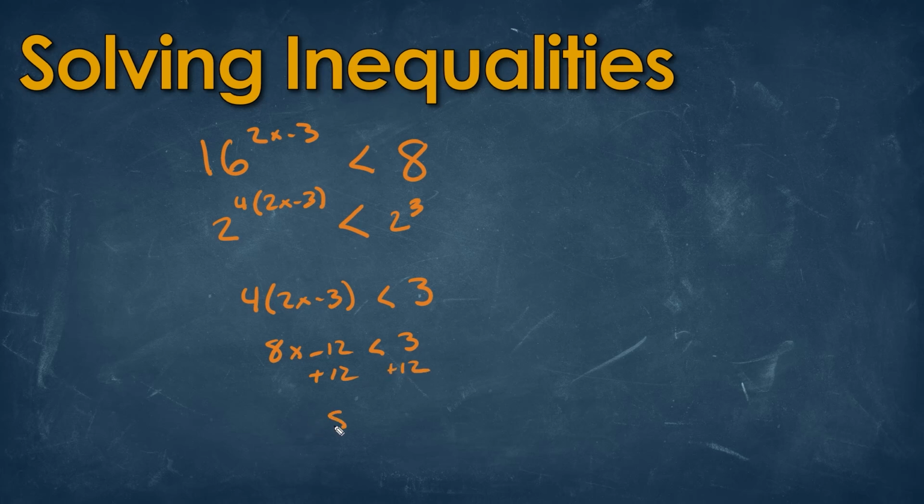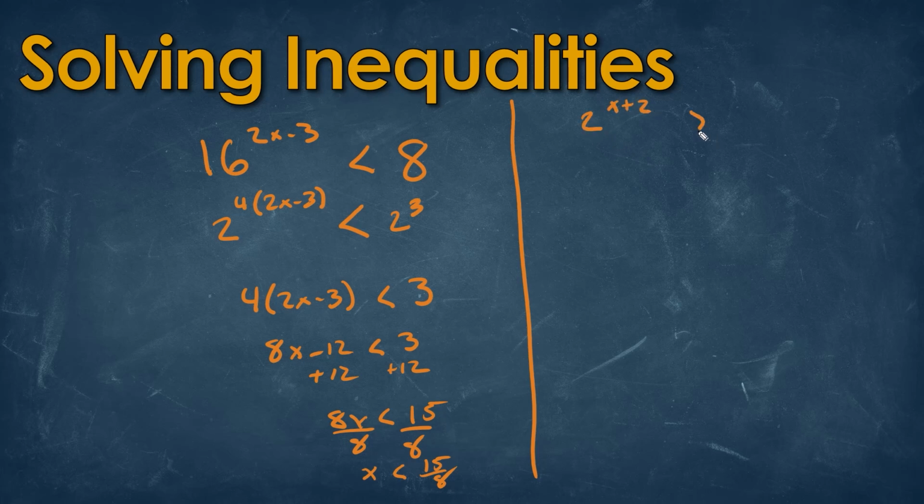So this would give us 8x is less than 15. Divide by 8 on both sides. So we will get x is less than 15 over 8. Now let's say, for instance, we actually have 2 raised to the x plus 2 is greater than 1 over